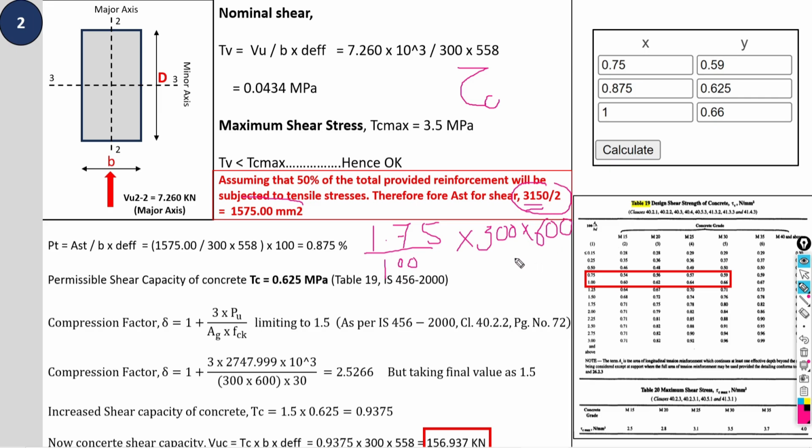Now, my dear friend, you may ask a question: sir, why are you going to take this half percentage of reinforcement? Actually, in the column there is a presence of 1.75% of reinforcement, and we are going to consider half of that. Why? So, a very interesting reason behind this, try to understand. Actually, suppose this column has the reinforcement present like this.